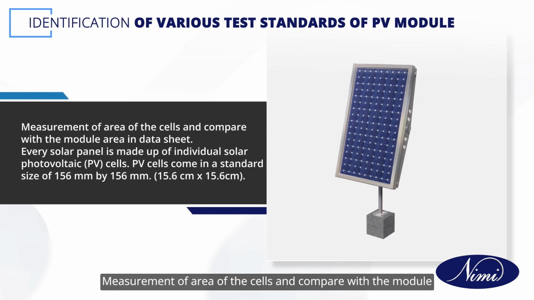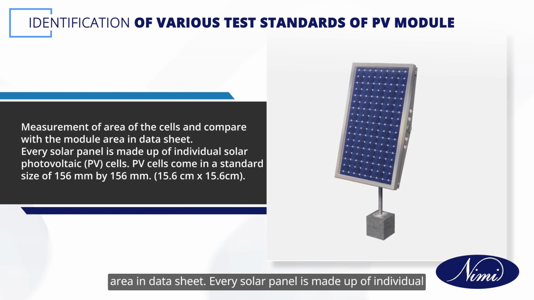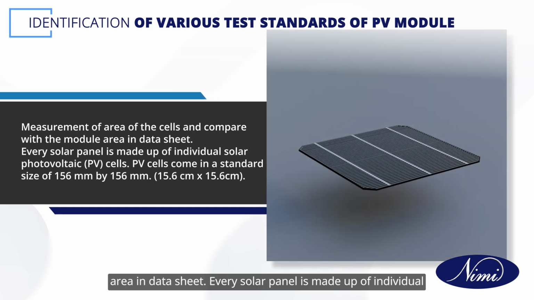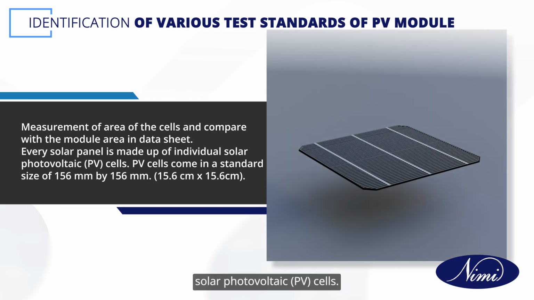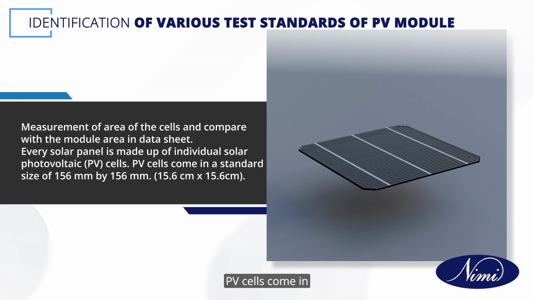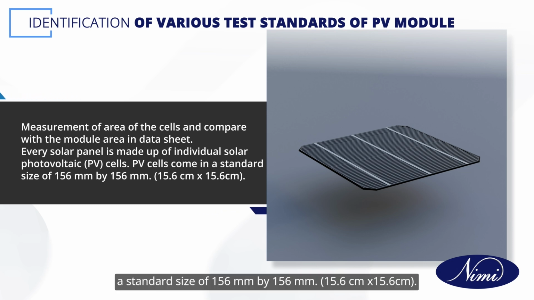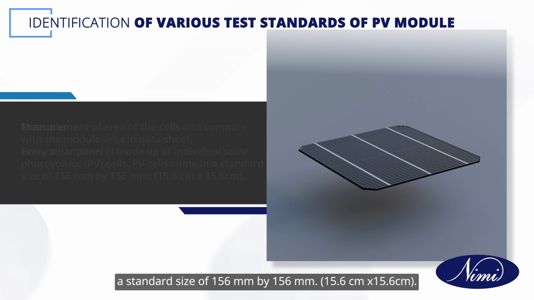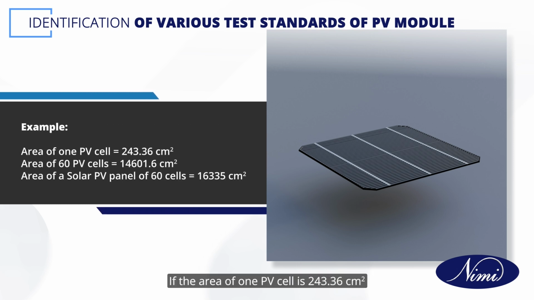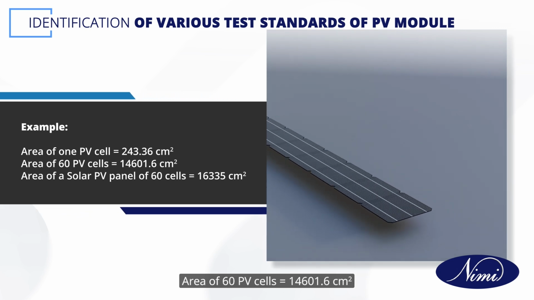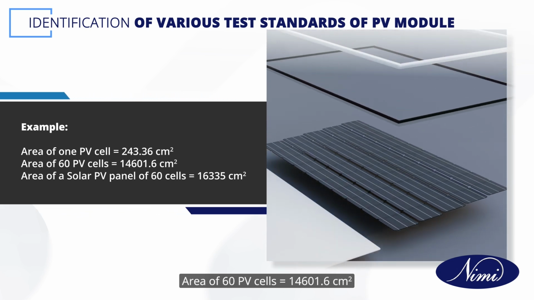Measurement of area of the cells and compare with the module area in data sheet. Every solar panel is made up of individual solar photovoltaic PV cells. PV cells come in a standard size of 156 mm by 156 mm. For example, if the area of one PV cell is 243.36 cm square,